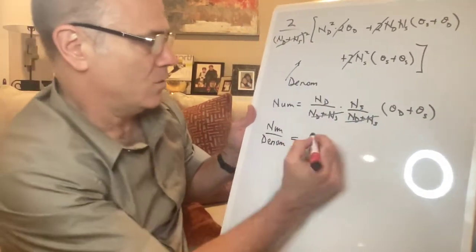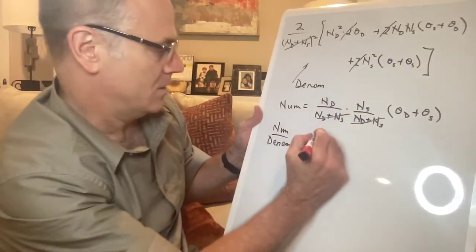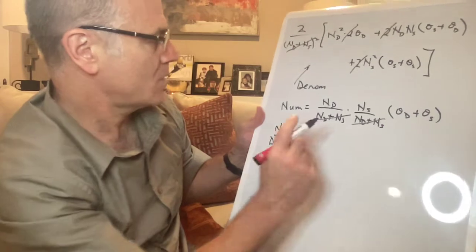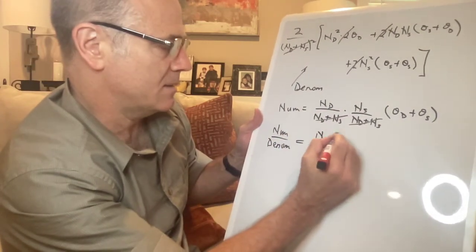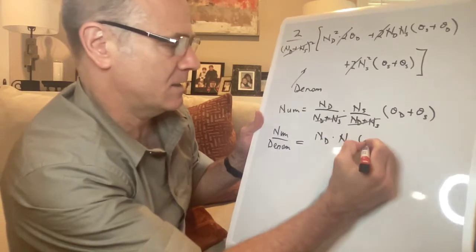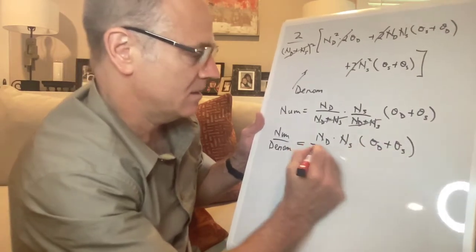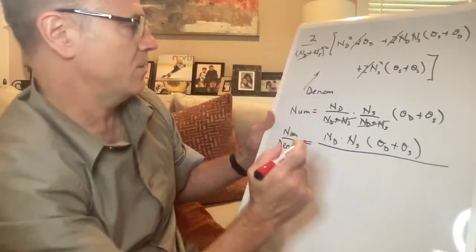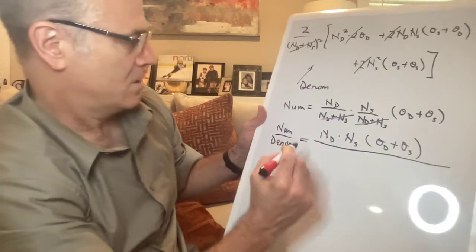Okay, so first the numerator is going to equal ND times NS times theta D plus theta S, and the denominator is just going to equal,